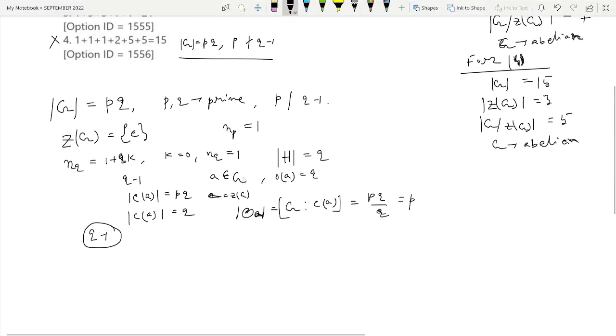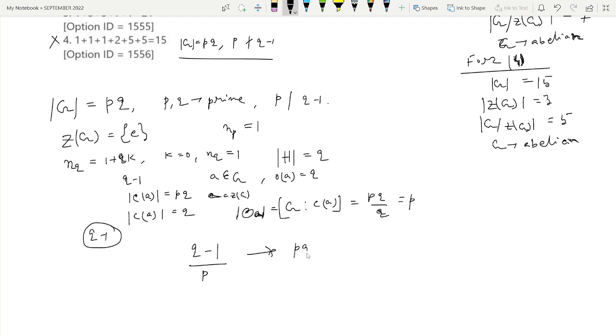So we need a total of q minus 1 elements, and one orbit contains p elements, so by p, that is the total number of orbits which contain the elements of order q. So in this class equation,